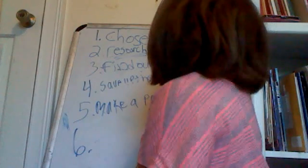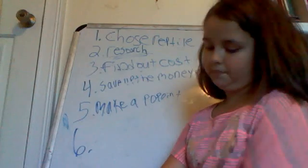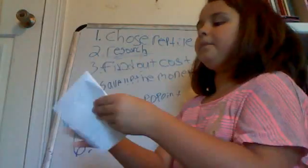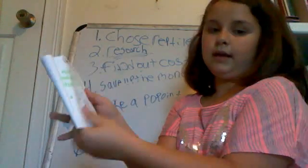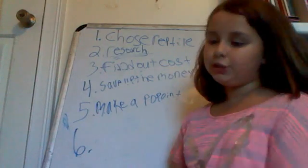Number 5 is make a PowerPoint. Making a PowerPoint shows responsibility. You can make a PowerPoint, or you can make like a little booklet. Like here, I made a booklet on Russian tortoise care. It's got the habitat set up, setting it up, washing your hands, soaking, it has all kinds of stuff in there for Russian tortoises. Do that or make a PowerPoint, because this is just going to show your parents